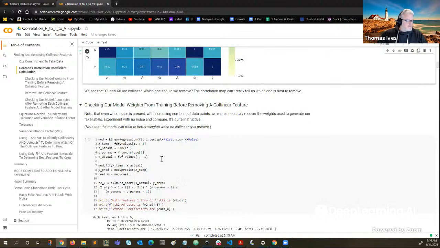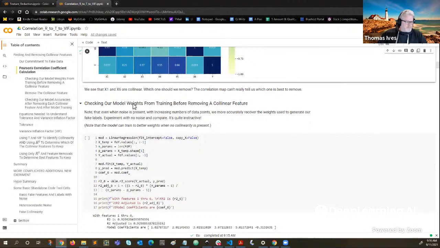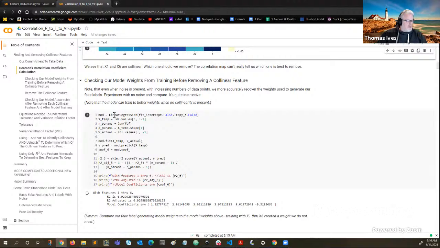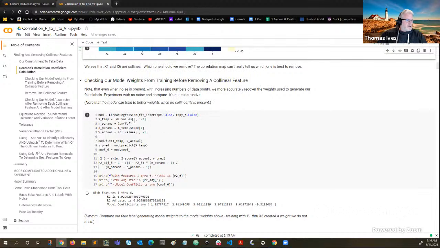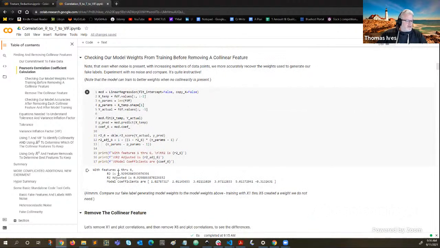So what do? Well, we check our model weights from training a model before removing a collinear feature. So what do I mean? Well, I'm just going to call the linear regression class, which I've already imported above. And I'm going to look at various values. So I just want to look at R squared. If you're not familiar with R squared, it's just the strength of a model, and it's going to show us